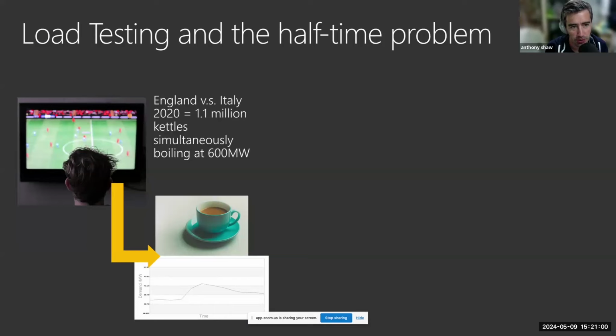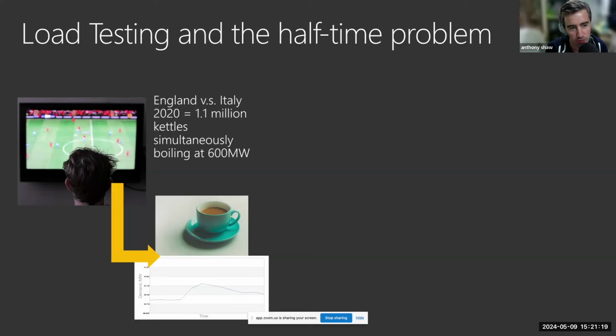An example that I'll use, because I'm English, is the England versus Italy game in 2020, when 1.1 million people made a cup of tea at the same time. This created a 600 megawatt load on the electrical grid in the UK.